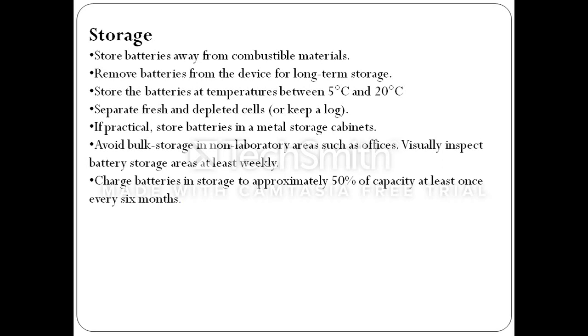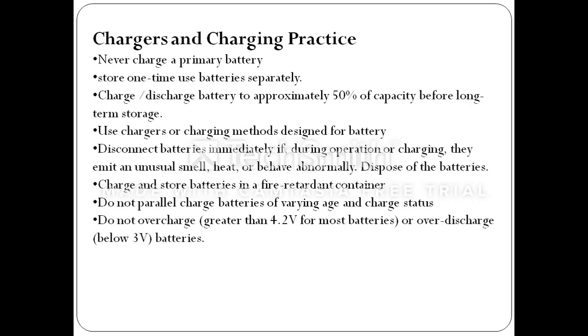Visually inspect the battery storage area at least weekly. Then charge batteries in storage to approximately 50% of capacity at least once every 6 months. So that is storage related to batteries. Then chargers and charging practice: never charge a primary battery, store one-time use batteries separately, then charge or discharge batteries to approximately 50% of capacity before long-term storage, then use a charger or charging methods designed for the